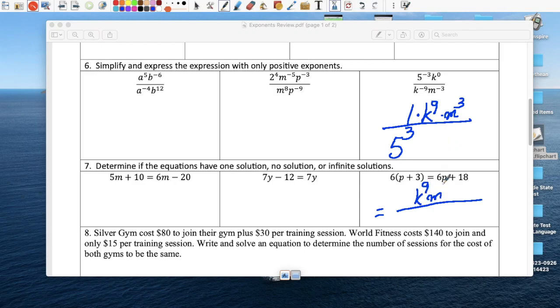M to the 3rd, right? So we don't have to really write that 1, coefficient 1. And 5 to the 3rd power is 5 times 5 times 5, which is 125. But if you decide to write it like this, no harm done. But we don't need